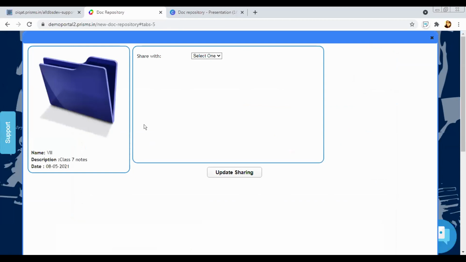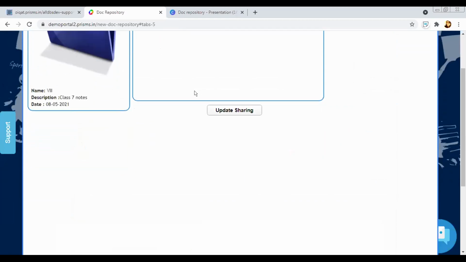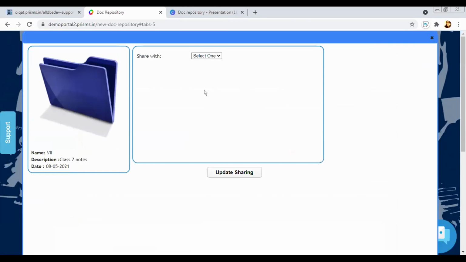Now over here, I can see divisions. So I've selected divisions, and I can see the two divisions that I have selected.